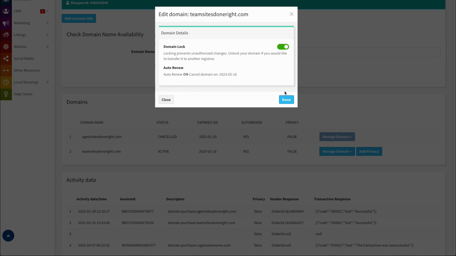authorization code in it. How that code is used is different depending on the registry or registrar that you are transferring to. But just taking GoDaddy for an example, normally you would go there and they have a pretty clear path as to how you go about transferring a domain to them. What you'll do is search for the domain. They'll have you enter that authorization code, and that basically proves that you own the domain, and therefore you can transfer it to your account there and use them as a registrar for that domain